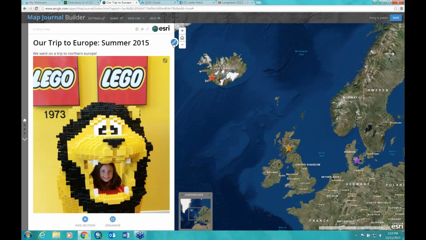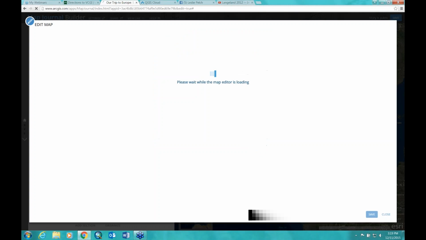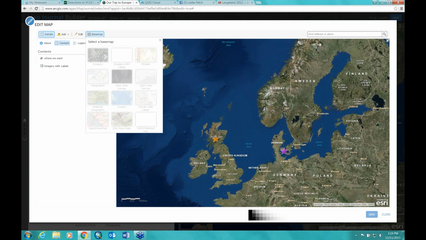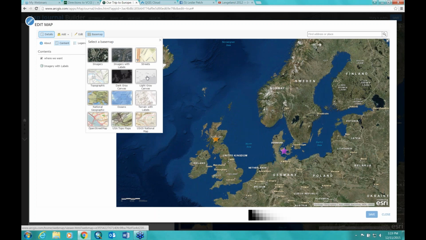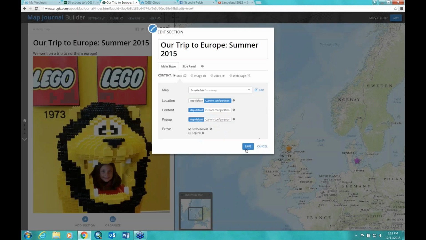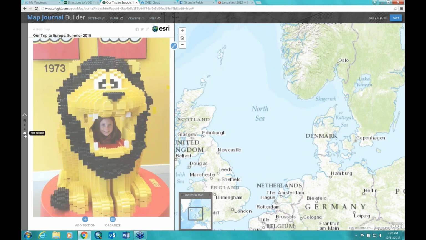So let's quickly go back to the other map. Go back to editing the map. That's kind of nice. That allows you to go back to your original map and work on it directly, rather than having to open up a separate window. Okay, that's fine. So now let's go to that new section that I created